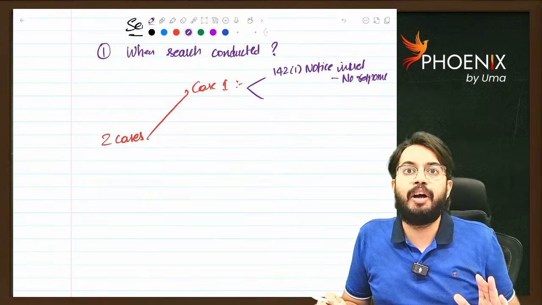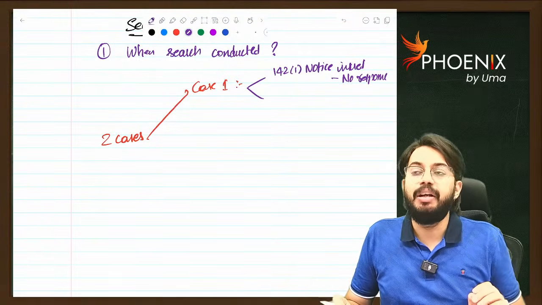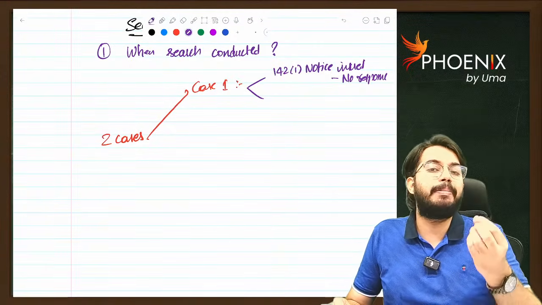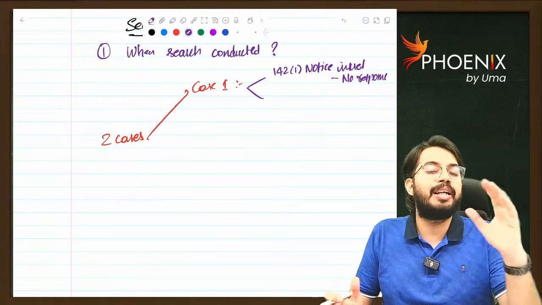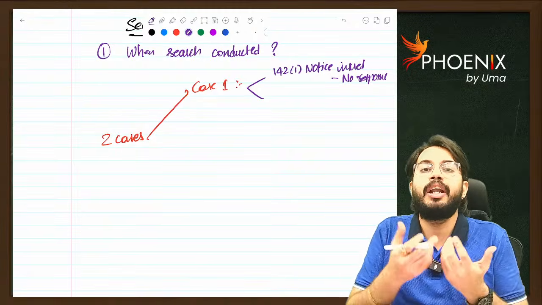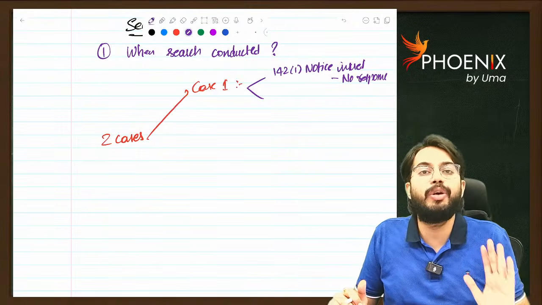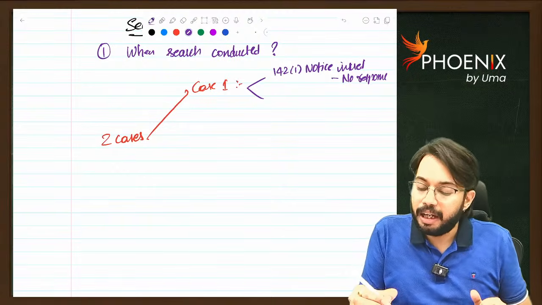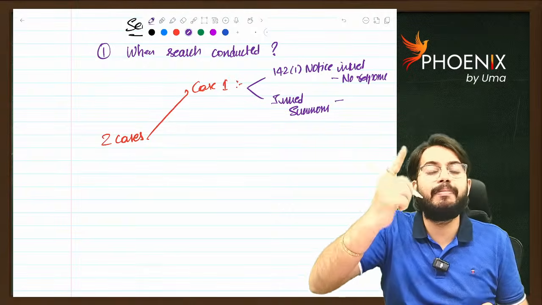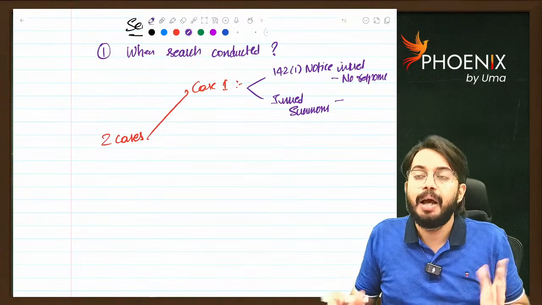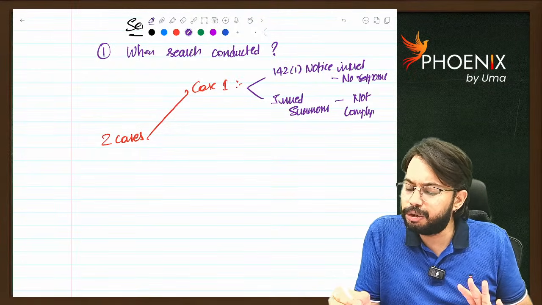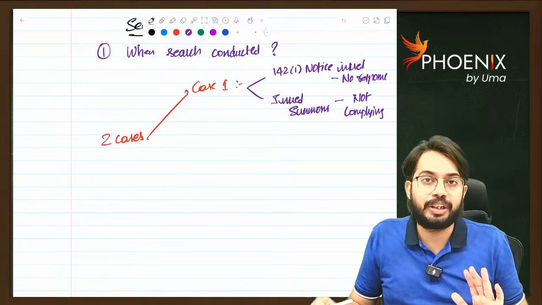Sir, what is notice under 142(1)? If you do not file ITR within the due date, then department will give notice under 142(1) and it will ask you to file ITR. Or if department wants any extra information and accounts, it can ask that information by giving notice under 142(1). Department gave you notice, but you are not responding to it. Similarly, department issued summons. Summons means I already said, you need to physically go to income tax department. Department already issued summons, but you are not complying with those summons. In these two cases, department can do search under section 132.